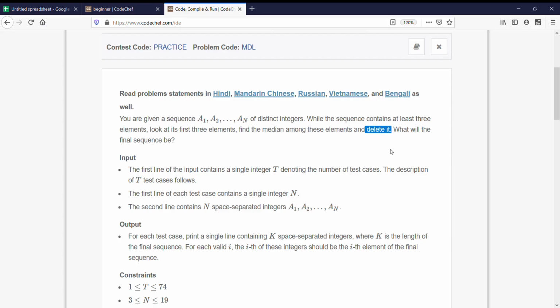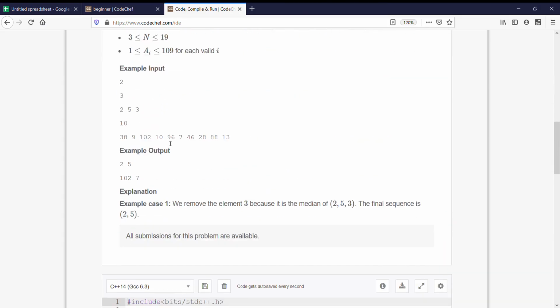We know that if there is a sorted array, then the median would be found at the middle of it. Why? Because the smallest and the biggest number never would be the median. So we would stop this repetition of steps when there are two numbers, which would be our final sequence. So our final sequence would have two elements, which would be the smallest and largest number.